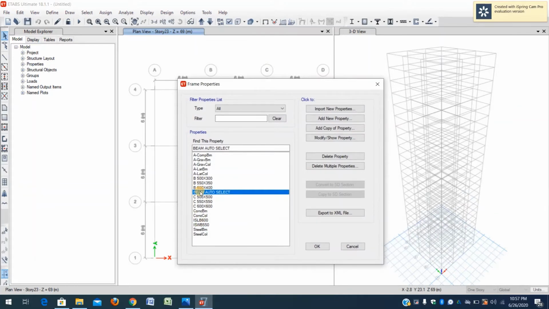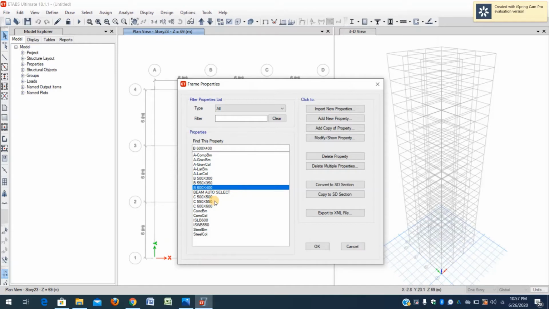In case a member fails after analyzing, the beam dimension automatically moves to the next level. Initially, while analyzing the building, ETABS first takes the lowest dimension. If the member fails, then with the help of this auto select concept, the analysis continues by selecting the next higher dimension.